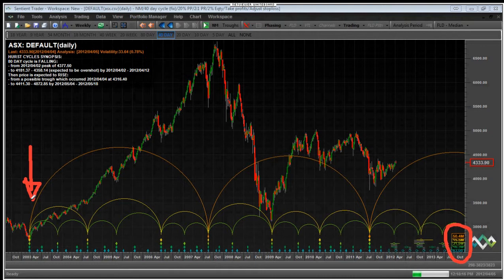Now that's a very common analysis that comes up with pretty much any market that you analyze around the world. When I analyze South African markets, the trough is in March of 2003. If you analyze most US markets, the trough is either in March of 2003 or in late 2002. Why do I mention other analyses when we're talking about the Australian market? I mention other analyses because it's very important